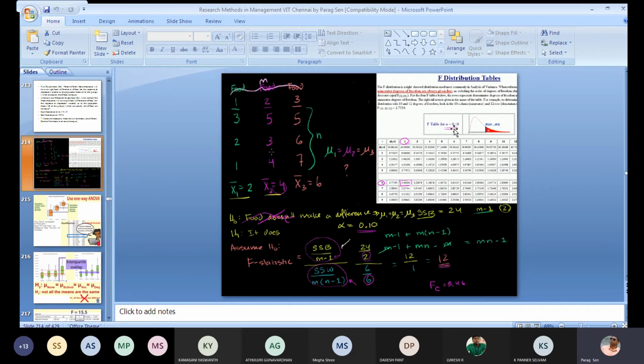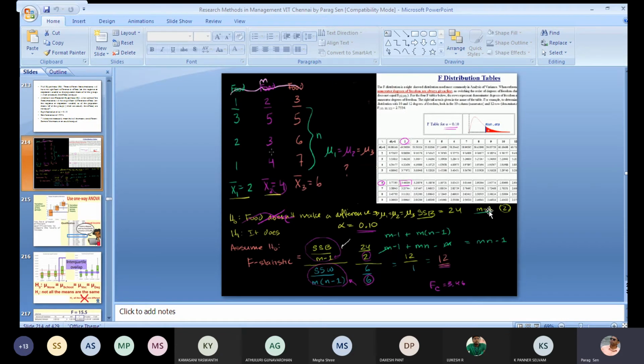That means at 90% confidence level they want to perform the test. So in that case, your degrees of freedom is 2,6, between and within. If you see the F table, you will consider the 2,6 and the cutoff value will be 3.46. But you have got your F statistic higher than this value, 12. So you can reject your null hypothesis and you can say that there is enough evidence that the medicines